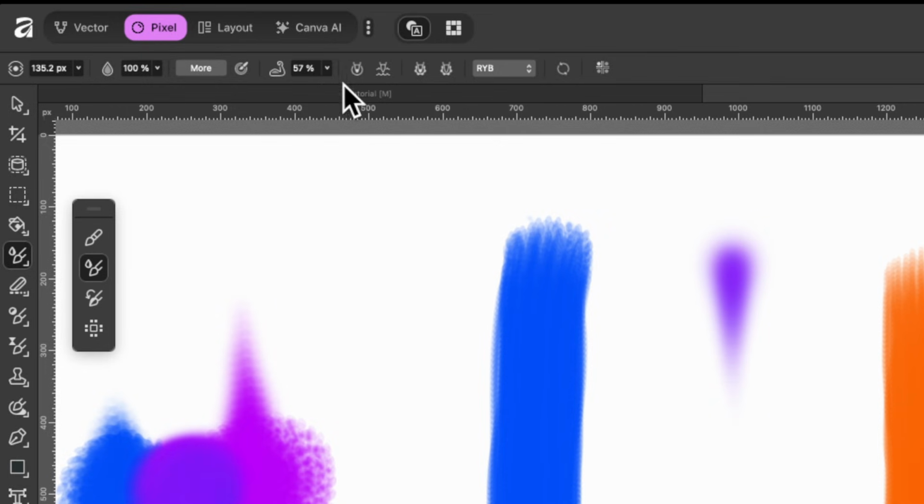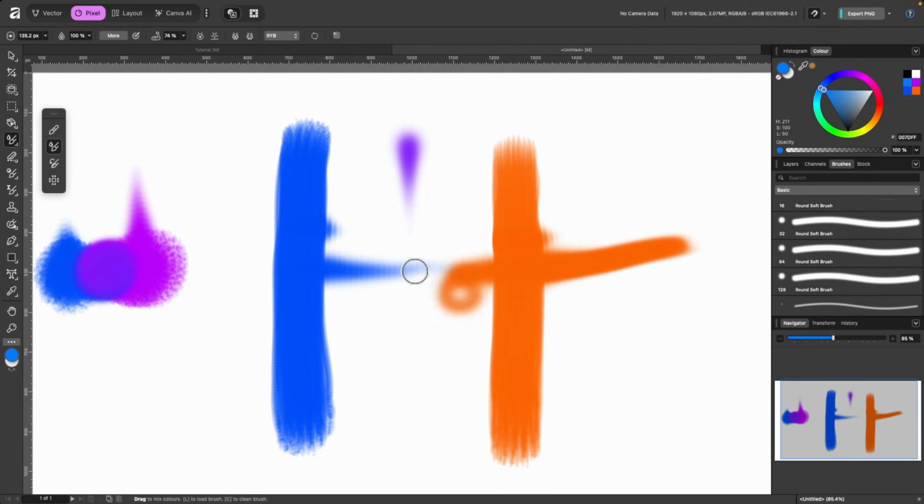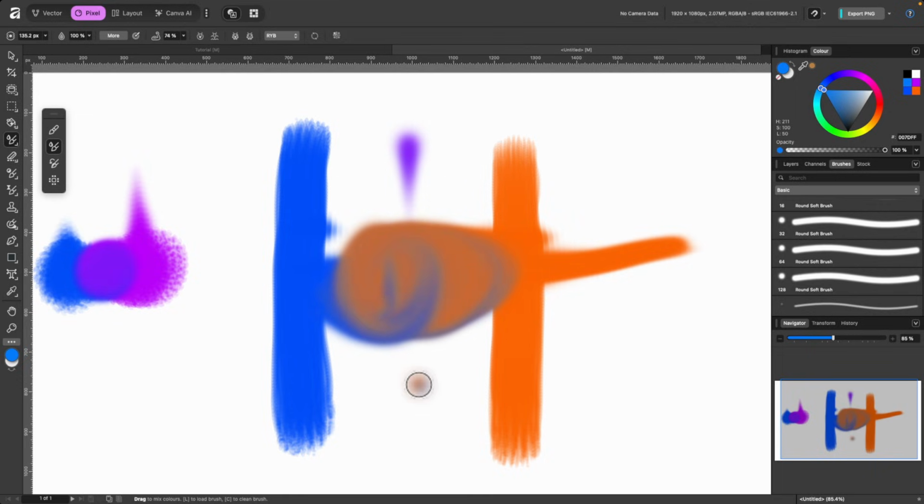Okay, let's use it again, but this time I will drag it down to 19%, and I'll just click on the blue and drag. You can see the tail is quite short, and it is for this one over here. So I'll just up the strength maybe to something like 74, and I'll click and drag. You can see it's kind of trying to almost get to that other paint stroke there. And if I just go ahead and just press and swirl this paintbrush around, I am eventually mixing them all together. And if I let go, you see I still have some remaining paint on there. And there we go. So I'm going to clean this brush now.